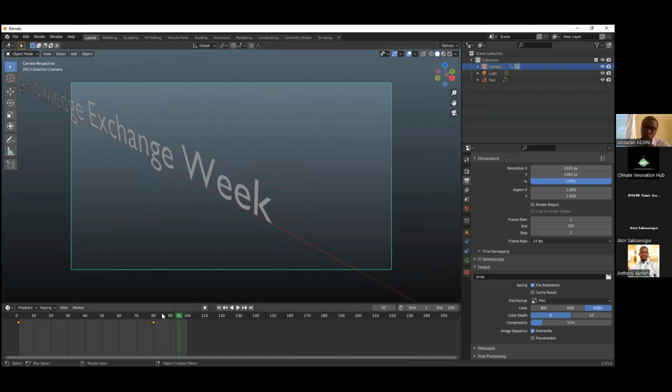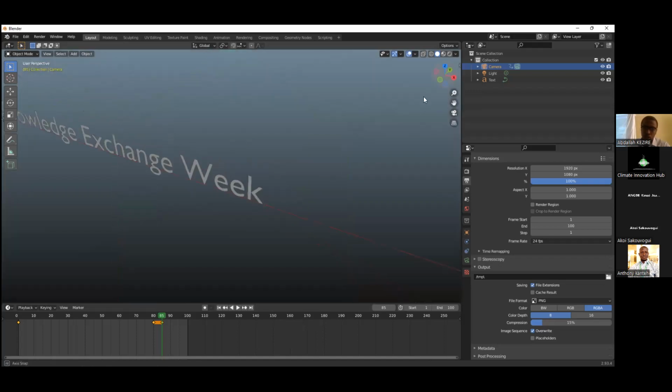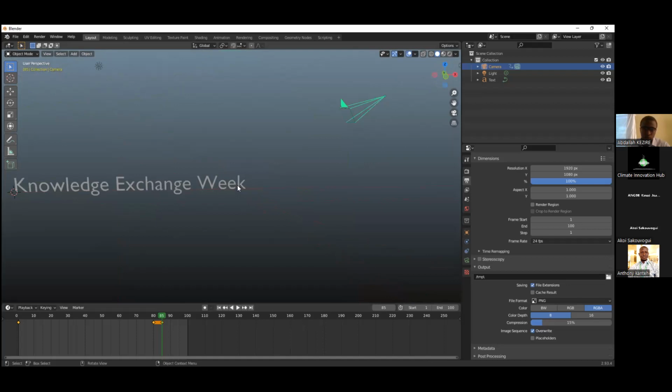So I will memorize the position of my camera at frame 85. And then I will manipulate it to end up somewhere else.